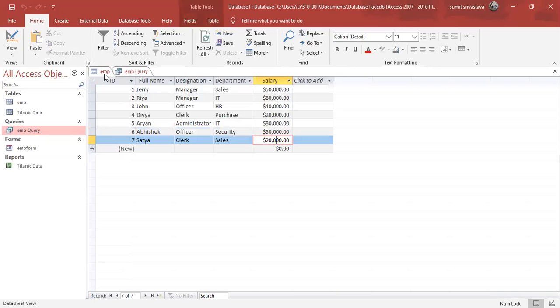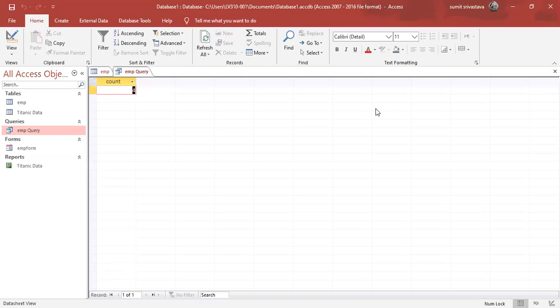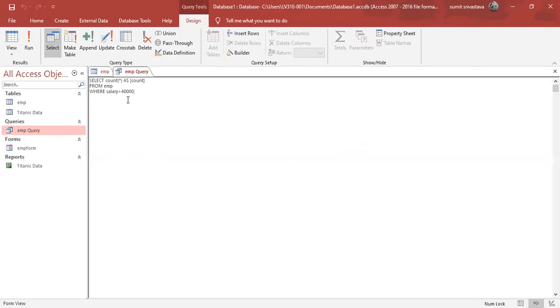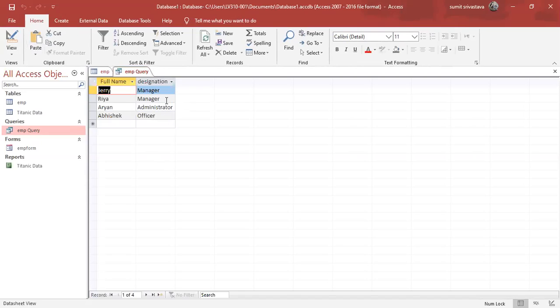So this is how you can modify your SQL queries. It's not difficult, guys. It's very easy. Now I'll see how to generate a report out of these queries. So we have the query here. I'm going to modify my query here. So let me take the name, comma, designation of those employees whose salary is greater by 40,000. So when I run this query, I see the name and designation of those employees whose salary is greater by 40,000. Now I have to share this data with my manager.